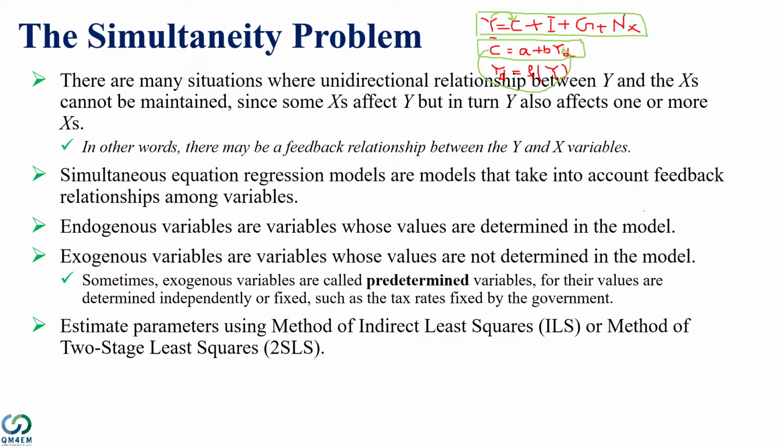The most useful for simultaneous equations are the method of indirect least square, or the method of two-stage least square. In this methodology, these models are first converted to what we call reduced form equations, and then these reduced form equations are estimated through the ordinary least square method. Since the application of this methodology is beyond the scope of this course, I will skip that and switch back to my original